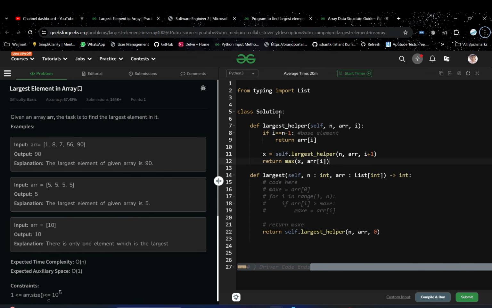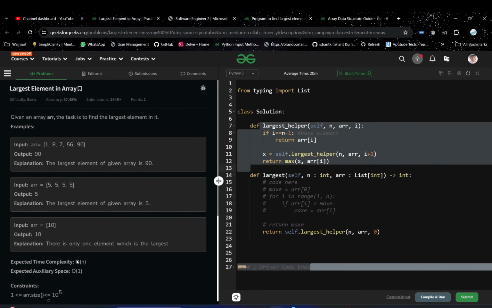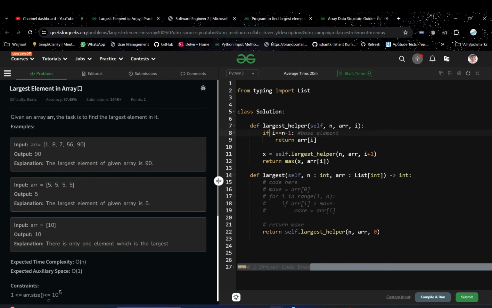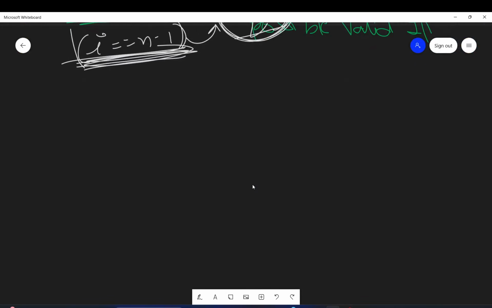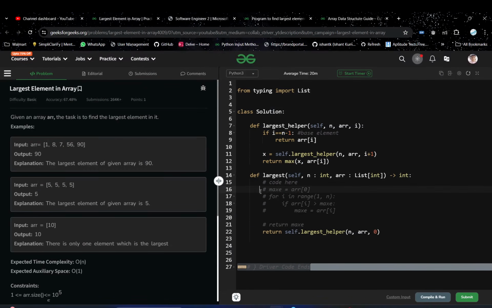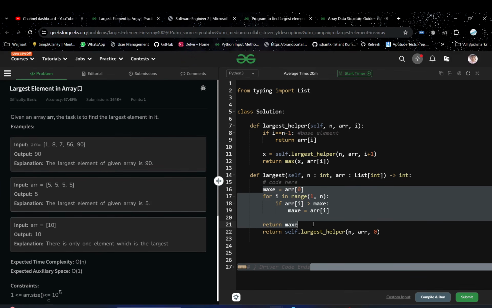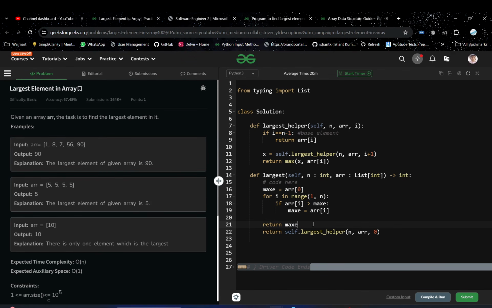The time complexity of this approach is O of n, because we come to every element once. And apart from the recursive stack, we are not using any extra space. So I hope you understood this problem and the approach. For those who are pretty new to this, it might seem like what is all this, but it's very simple, guys. This is a very small code. If you're not able to understand recursion, don't worry. I would highly recommend going through my recursion playlist or anywhere you feel comfortable.